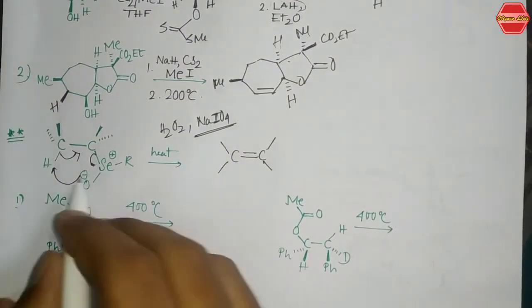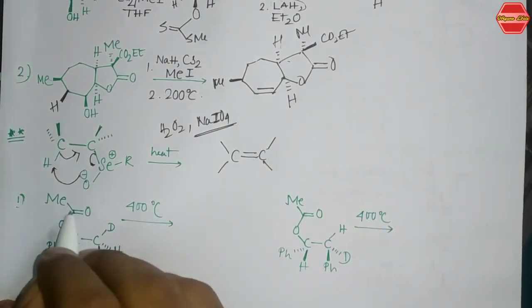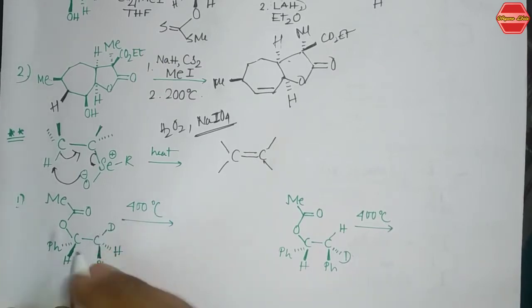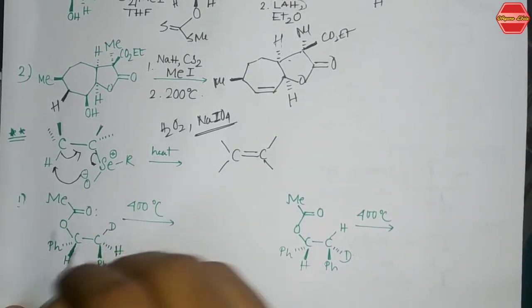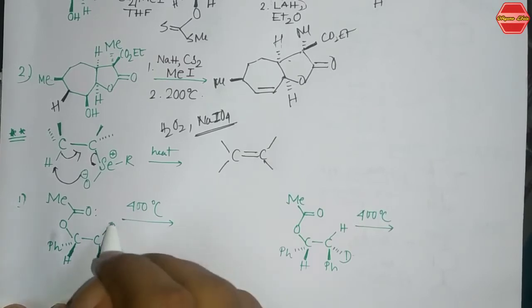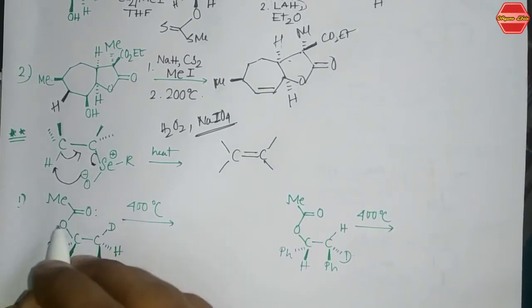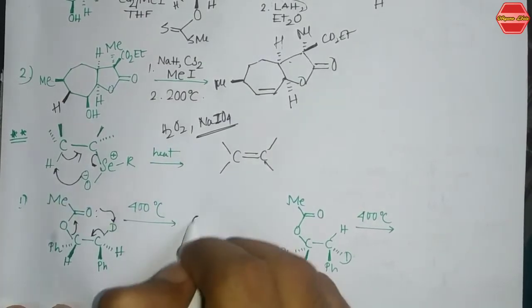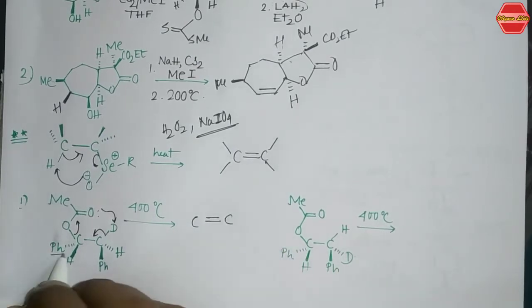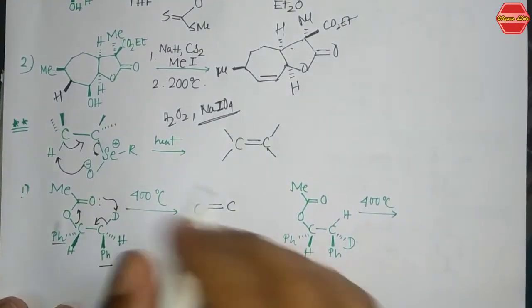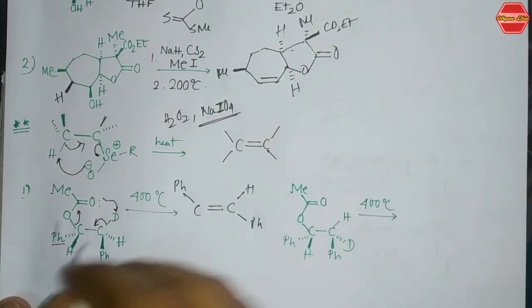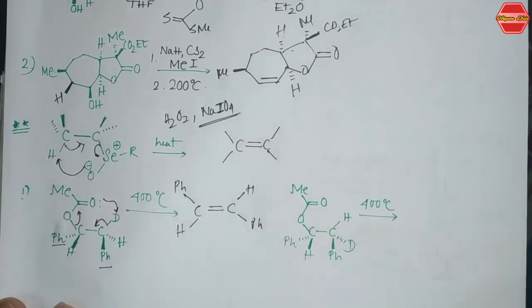See this one, if you have this kind of compound, and there you can see the double bond O is given, and heat is given to you, that is 400 degree temperature. So you can see that the syn elimination should take place. Now you can see this deuterium is present, which is syn to this group. So that is what you are getting, this product, that is C double bond C. You can see these two are opposite to each other, so you are getting this trans product, and these two hydrogens are opposite to each other.